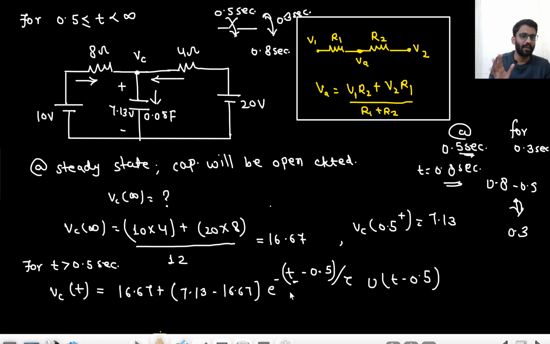You don't need to mug up any formula. You just need to think: the switch is closed for 0.3 second only. Initial some voltage is there. Now the switch is closed for 0.3 second only. So I need e to the power minus 0.3 by some time constant. Right? So I need to make 0.3 here. That's why I am writing t minus t naught. Or you can remember the formula. What is that? If the switch is being closed at a particular time, then VC(t) would be, or I will just write it, okay.